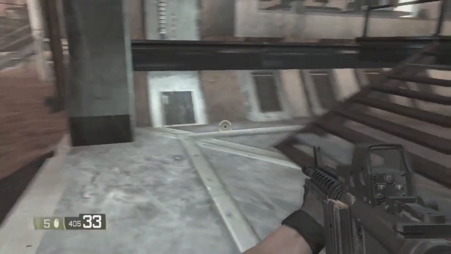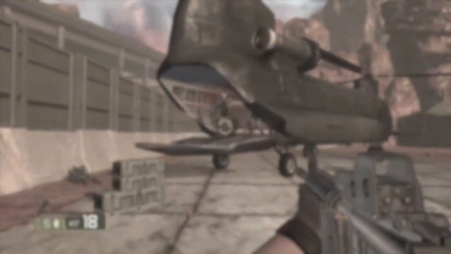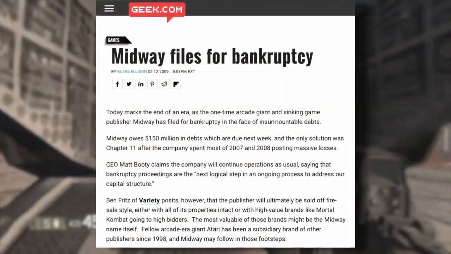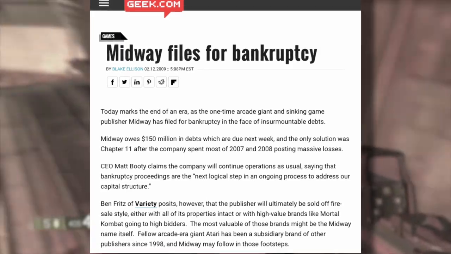With that in mind, Harvey Smith did himself no favors after Black Site was released to less than stellar reviews. Now, when this happened in 2007, Midway was on the proverbial last legs, as they were on their way to filing for bankruptcy. Maybe knowing this, Harvey Smith stated at a game conference which was held in Montreal, rather colorfully,